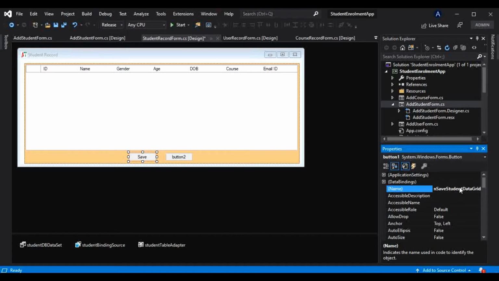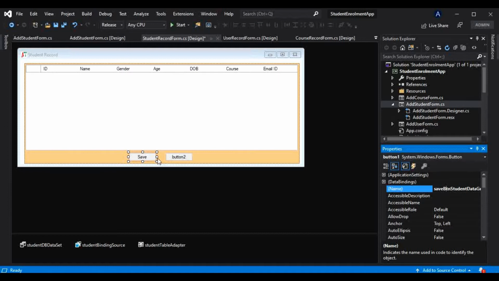So btn save student data grid, or let's say I will remove that save from here and use that in front of this, so that it will be easier to find that button. So save btn student data grid.